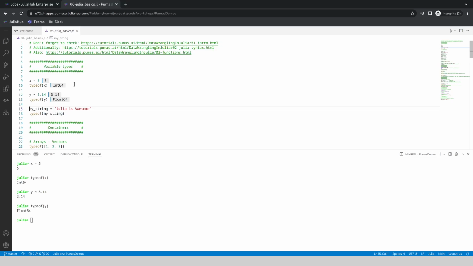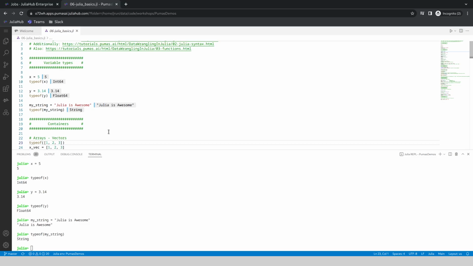We also have the string. So "Julia is awesome" is a string. We specify string variables using double quotes. And if we take a look at typeof my_string, we can see that my_string is a string. Just be careful that in some languages such as R and Python, you can create